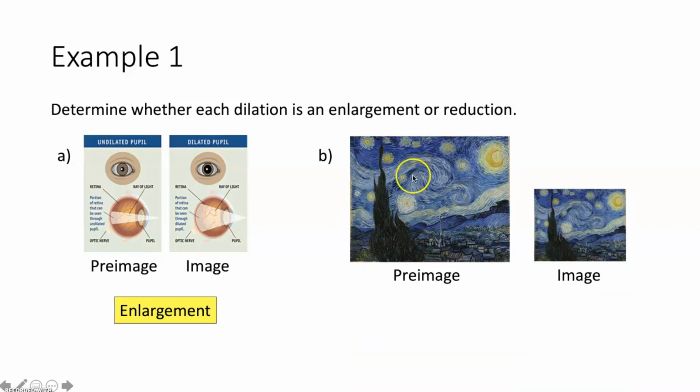Part B, we again have a pre-image and an image, but this time our pre-image is larger than our image. So our pre-image is getting smaller as we go to our image, meaning this must be a reduction. And you could always confirm this if you create a scale factor of dilation, meaning you find the measure of this side length and put it over the measure of this side length. If you get a ratio that is between 0 and 1, you know that it must be a reduction,